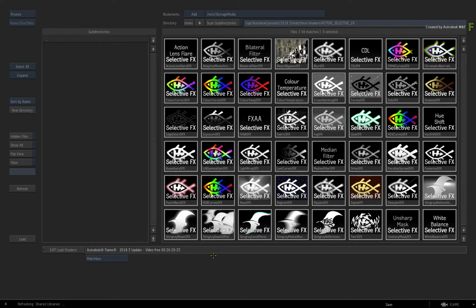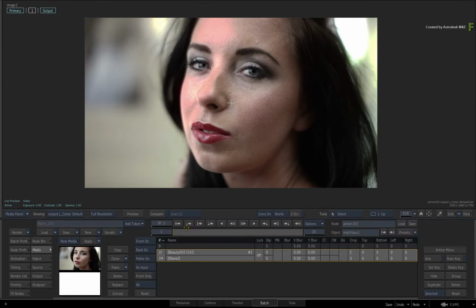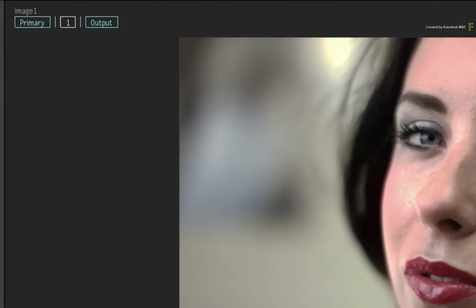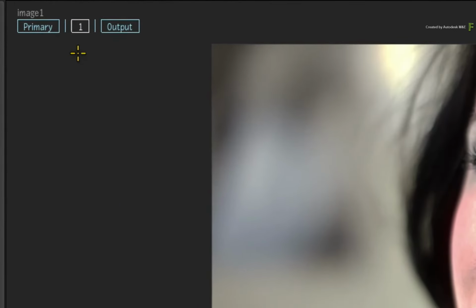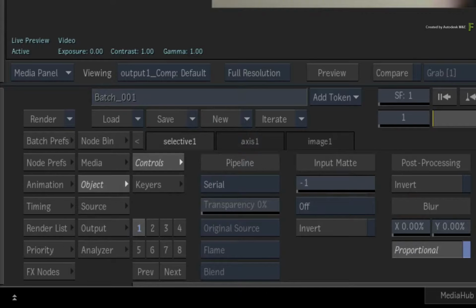Let's start working on the eyes, so choose the Bloom Selective Effects. The heads-up display or HUD appears, and this displays the image object's processing pipeline, including the selectives. In the Selective menu, the Selective Manager will also show the available selectives, and you will use this in combination with the HUD to interact within the selectives workflow.